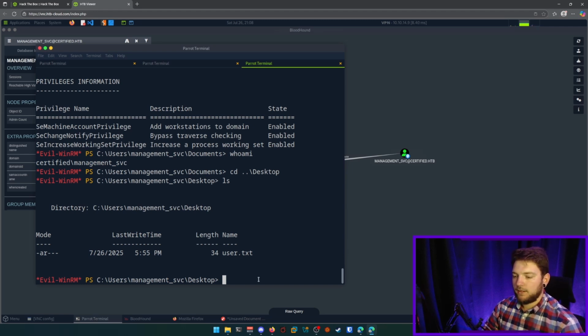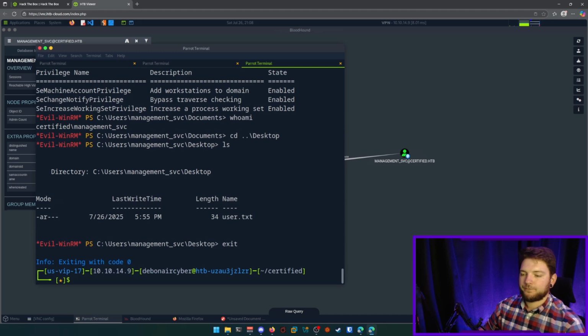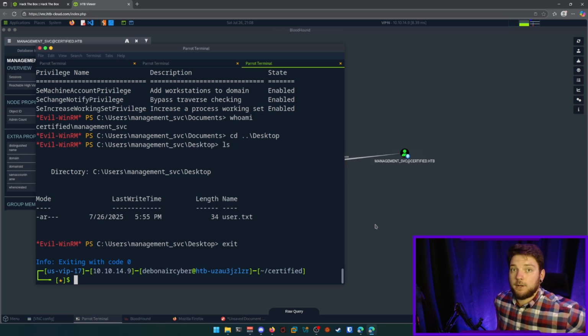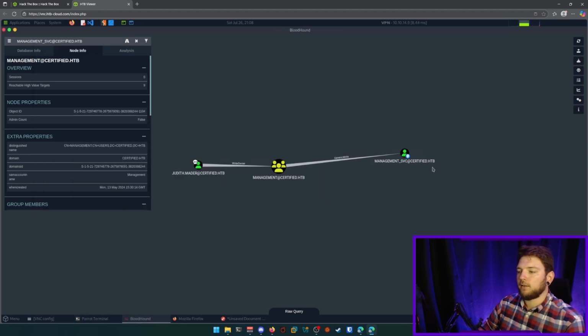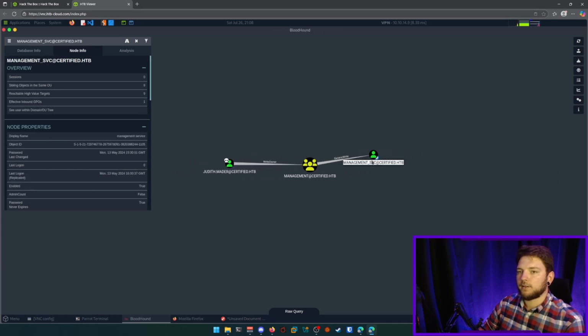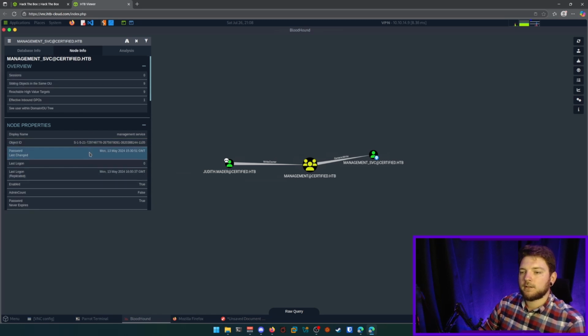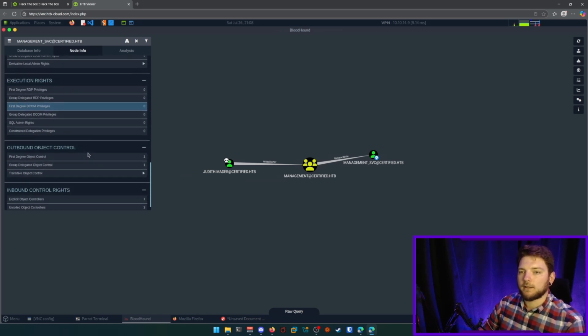I'm actually going to exit out of this shell just to prove, hey, you don't need to know the password, and you don't really have to go and enumerate on that machine in particular. Sometimes it can be a little bit more lucrative to not do any of that. What I actually want to do to help us move forward is the same thing that we did to begin with. Move over to this management service account, look at the node information, and once again we can see in